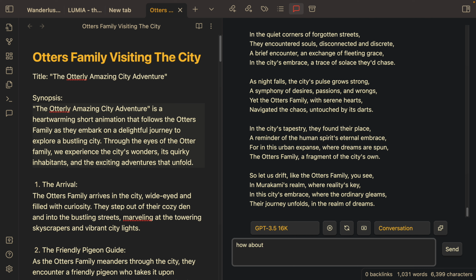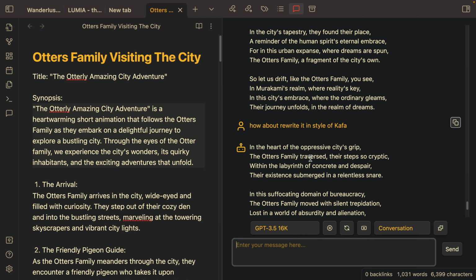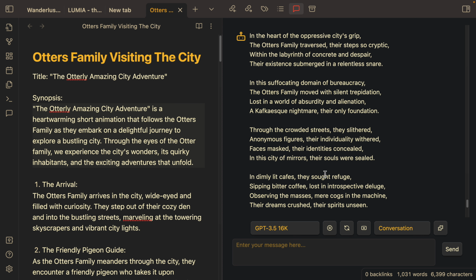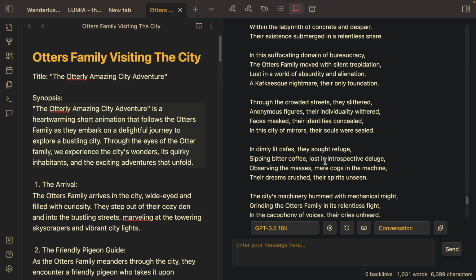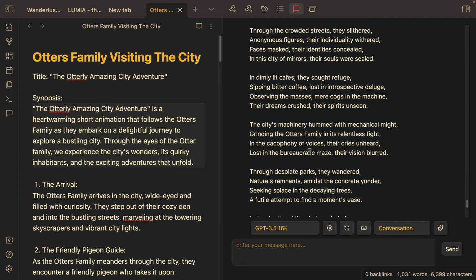How about rewriting it in the style of Kafka? So I think it can just keep going, but there's a twist and things that you can add to it.